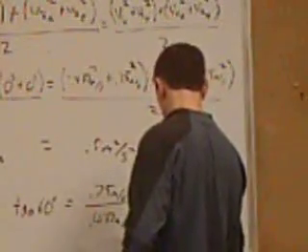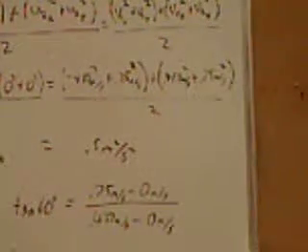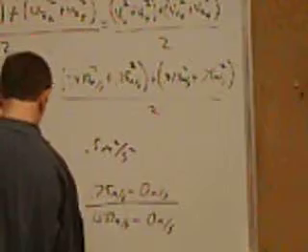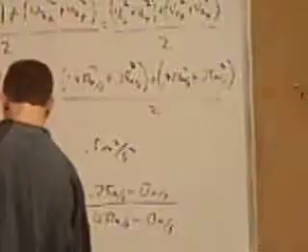So if you do this out, you'll find that the tangent of 60, this guy right here, equals 1.732. And if you do 0.75 divided by 0.433, you will find that also